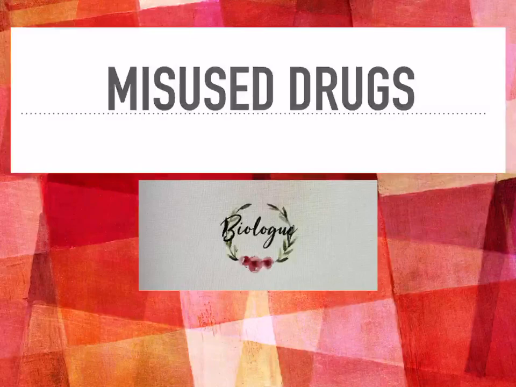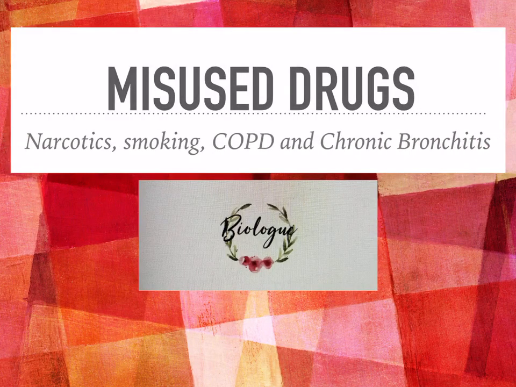Today's topic is going to be misused drugs or recreational drugs. By the end of this video, you should be learning about the idea of narcotics, smoking, chronic obstructive pulmonary disease, and chronic bronchitis. Now we'll be discussing emphysema and how heroin affects the nervous system in the next couple